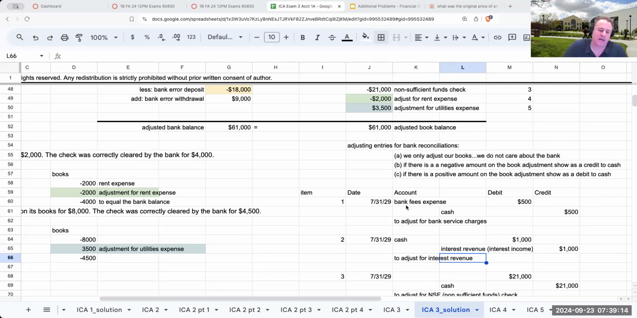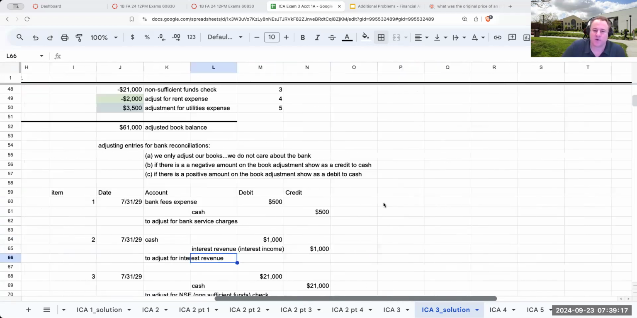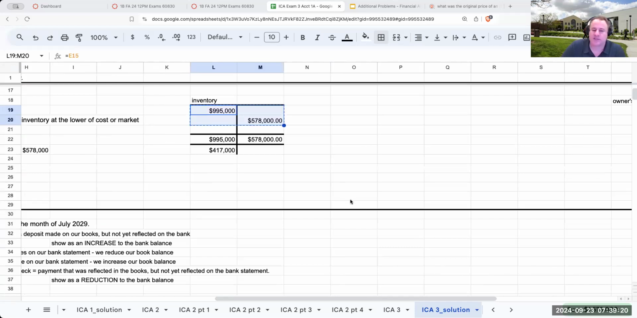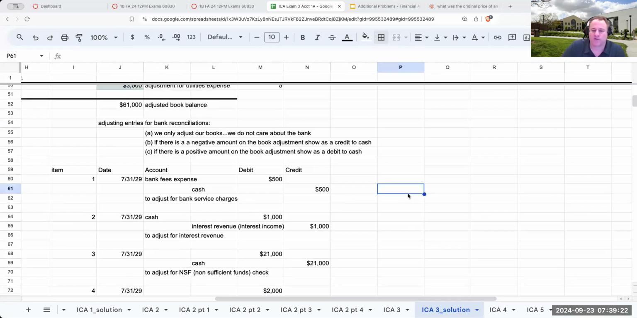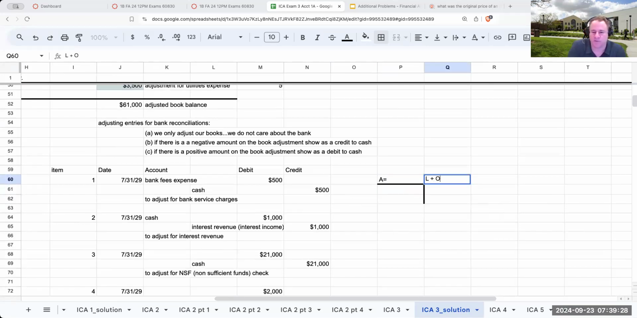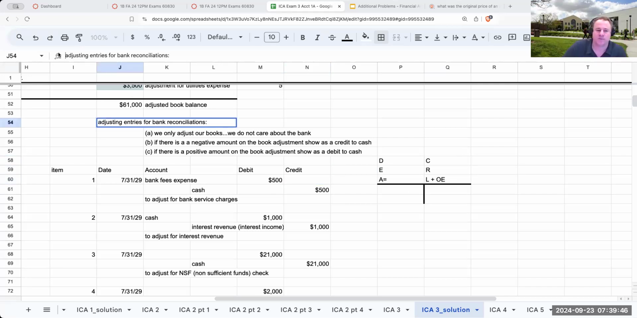Now notice when I'm debiting bank fees expense, I'm holding to my T theory of accounting, right? So when I look at this over here, don't ever forget it. Assets equals liabilities plus owner's equity. ERDC. So over here, I'm recording an expense with a debit. So this kind of makes sense. Now remember, this is not really an adjusting entry, but making adjustments. It's a better way to put it. Making adjustments